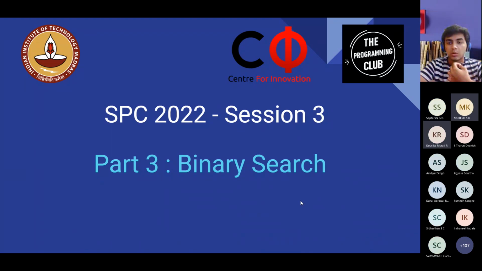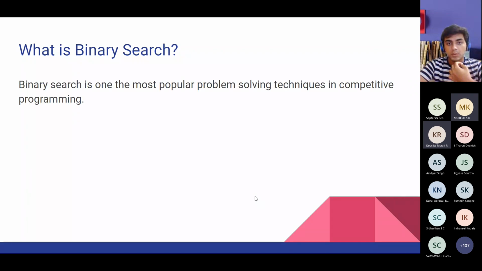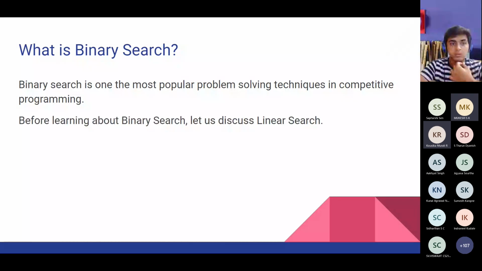Yeah, okay. So we'll begin with binary search and let's talk about binary search now. Binary search is one of the most popular problem solving techniques in competitive programming. There are a lot of problems which can be solved using binary search algorithm. But before we talk about binary search, let's discuss linear search, or searching for an element in an array